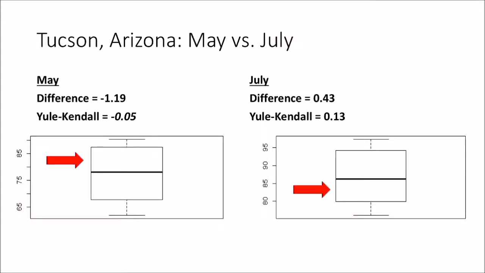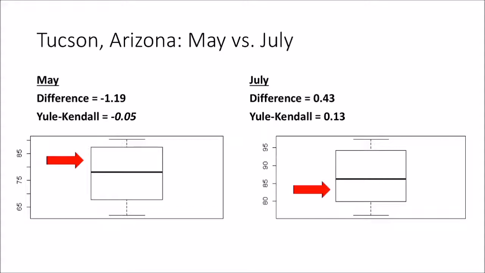So now here's the station example for Tucson, Arizona, and a look at the climate variables specifically. So here's Tucson, Arizona, May versus July. In May, on the left here, negative difference between methods. So we actually have the strange case where the traditional method is underestimating temperature. And that's happening because your Yule-Kendall index is actually negative. So in this case, you have the leftward skew in temperature, and we can see that here in the box plot. So now actually more time is being spent near the max and less time is being spent near the min. So kind of a flip of the normal.